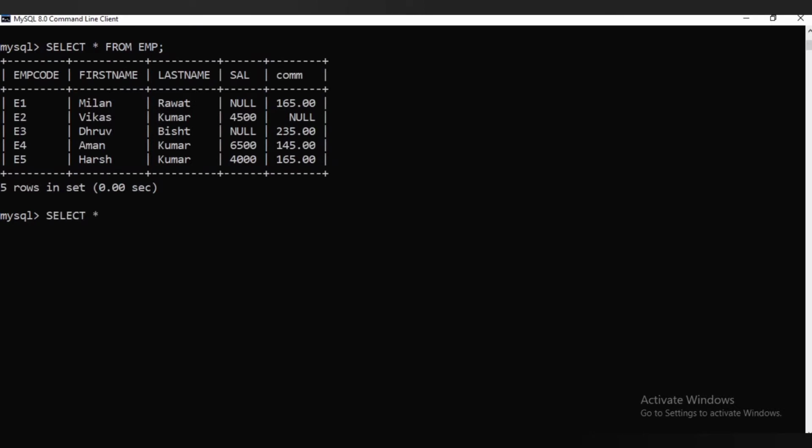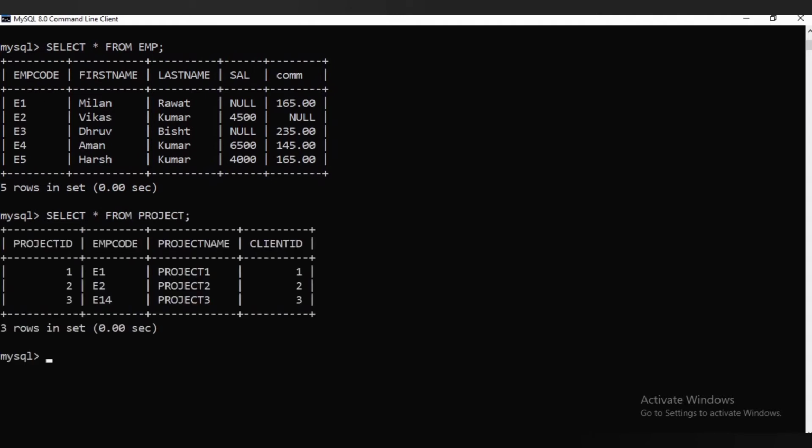The second table we'll use is project. Select * from project is giving 3 rows. Now you can see employees having employee codes E1, E2, E14 are working on projects, but E1 and E2 are